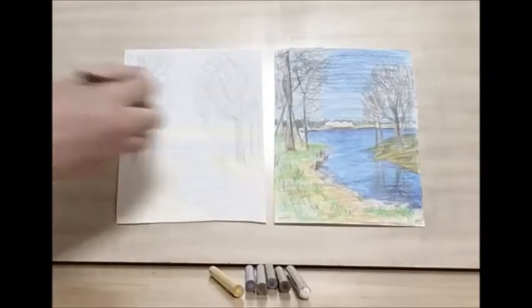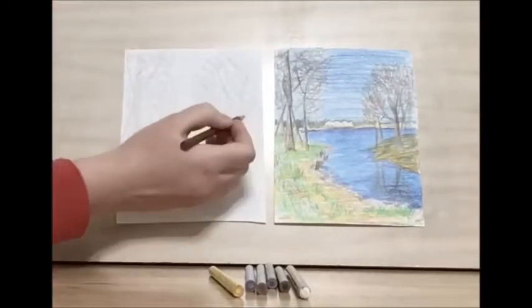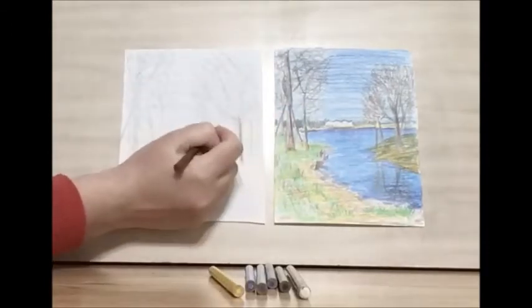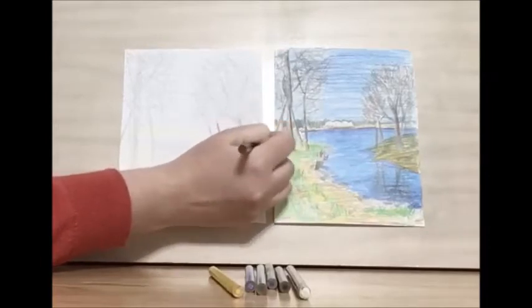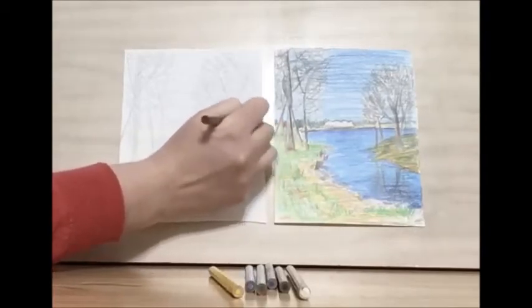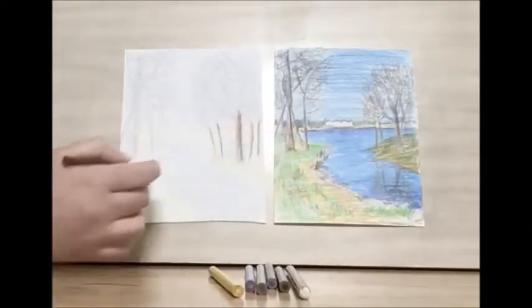And now let's go in and add some more color to our tree trunks. So I'm using brown. I'm going to use brown as a type of shadow. So our light source is coming this way mainly, although it's outside, so we're going to get multiple light sources from reflections. So I want our heaviest shadows to be going this way. So I'm going to be putting them on the right side of our tree trunks. And some of these tree trunks in the back, you could just make them all brown because they're so thin anyway. And then I'm going to put darker spots for some variation. And you want these to be vertical lines